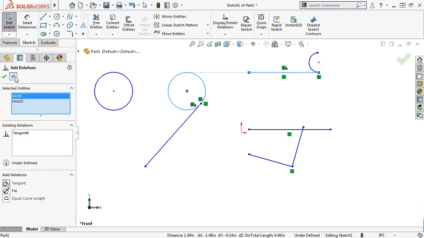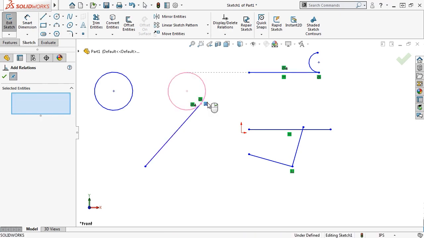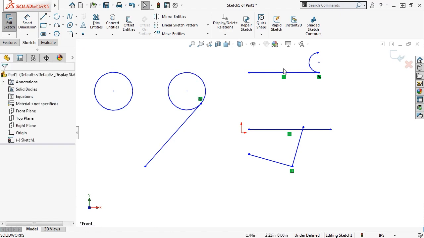Geometric relations can also be removed by clicking on the flag representing the relation. The two sketch entities that are related will highlight. In the case of this line, which is coincident with the circle, the endpoint of the line and the circle highlight. In the case of the tangent relation, the circle and the line highlight. To delete a relation, simply click on it and hit the delete key on your keyboard, and the relation is